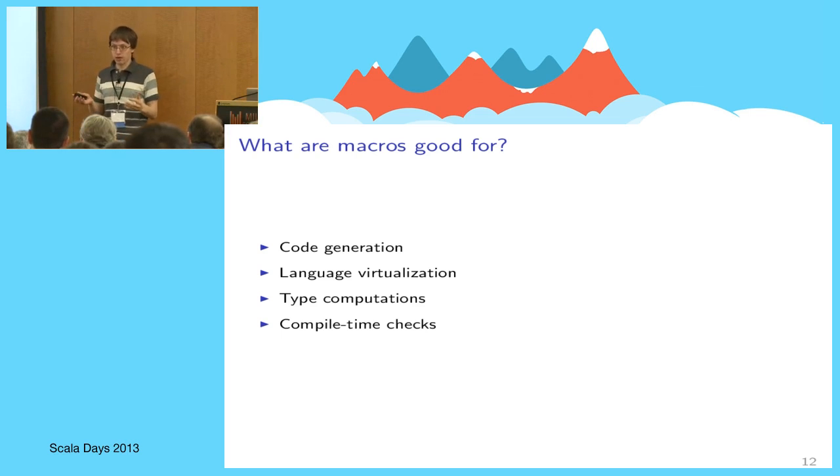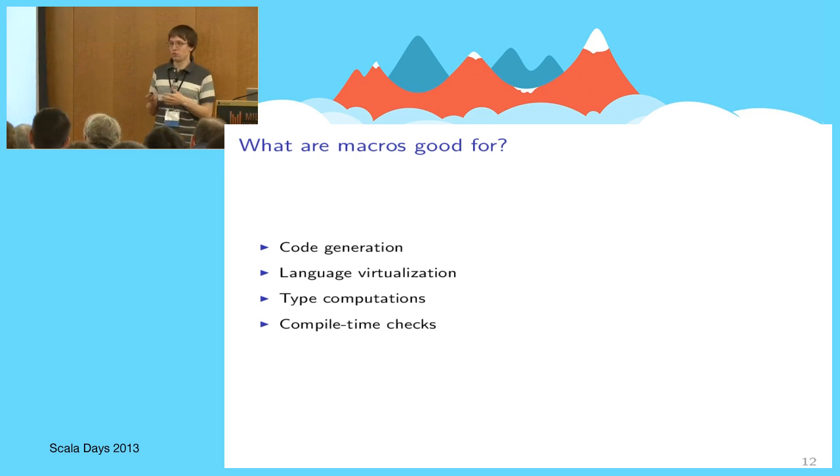And now, with macros, at compile time, you can validate that these actors are compatible. That is, that if they start communicating, then they won't get stuck. They will understand each other on every possible step. So yeah, this kind of thing was and is usually done in Scala with type computations. But with macros, you can do this more reliably and in a more straightforward way.